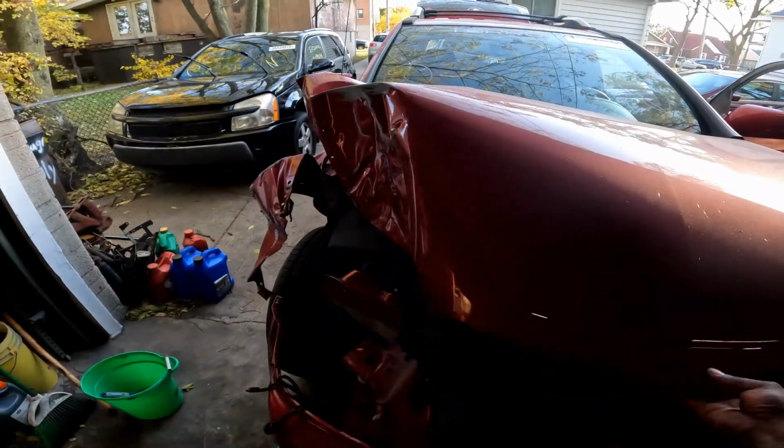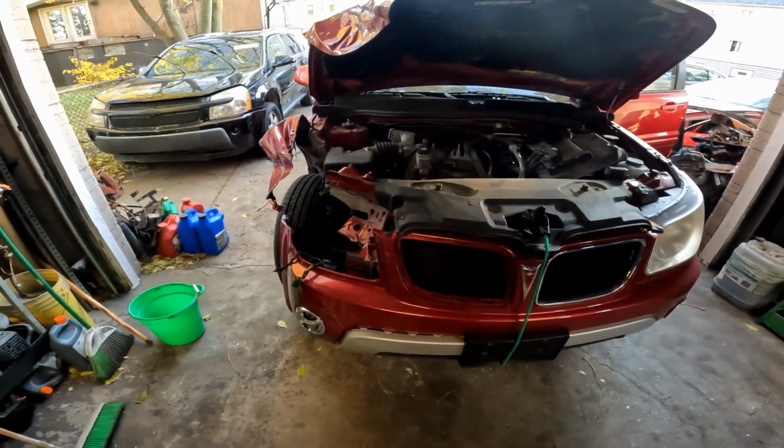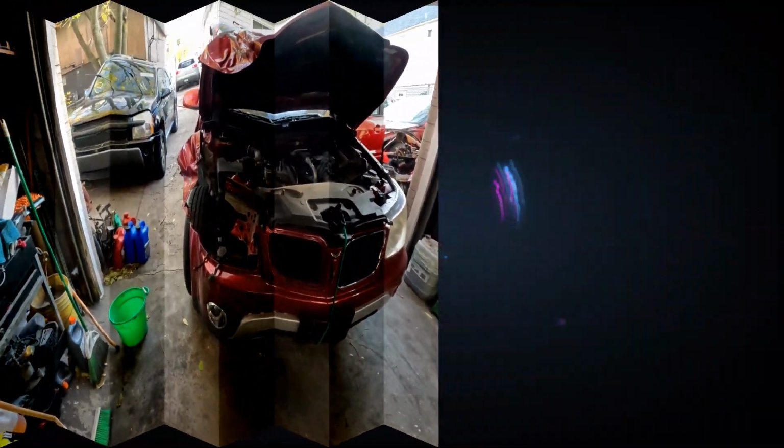I can see she took a hit to the passenger side front. And when I first got her,